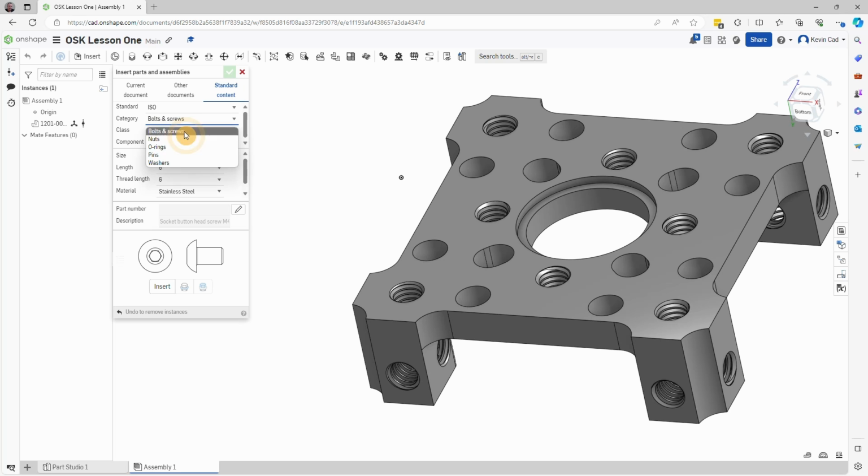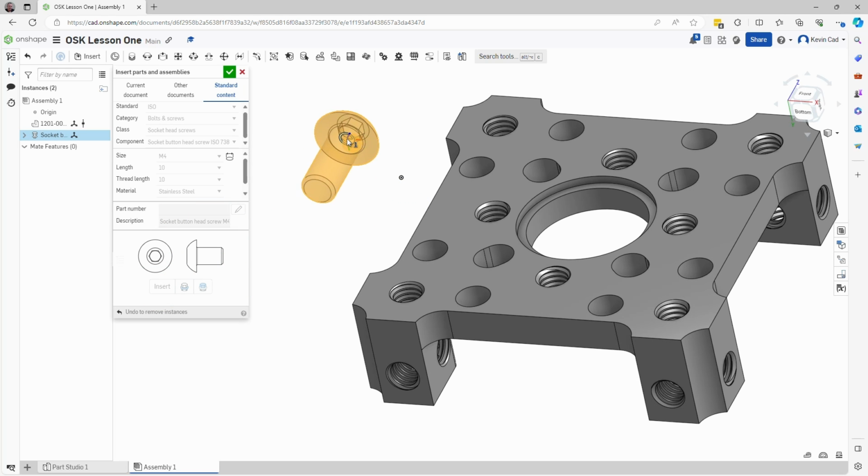You can select bolts and screws and stuff. We want to select bolts. You can select what kind of bolt. You can select like a standard hex head bolt. We're going to go with something called a socket head screw. It's down here at the bottom. We're going to use a socket head button screw. We're going to select M4. That's the diameter that we want. Thread length, let's use a 10 millimeter length. Stainless steel is fine. So I want you to do an insert, and that is going to give you a